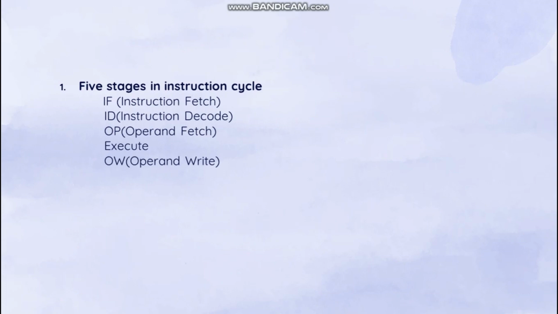In the previous example, when we added two numbers, the operands are accumulator A and the register B, on which this arithmetic operation of addition is done. So those are operands here. The fourth stage is execution. This is the stage of execution. In the previous example, the addition is done here. And the fifth stage is operand write, where the CPU writes back to the memory address specified. In the last example, after the addition was done, the result in the accumulator is stored to the address M. These 5 stages constitute an instruction cycle.